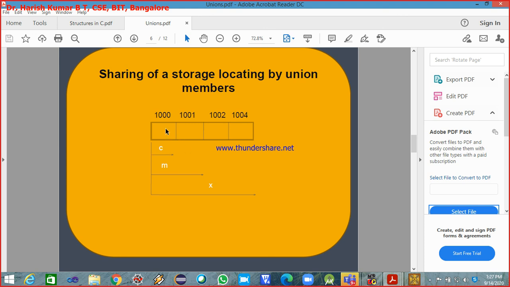Now if I have stored a character here, say at this particular memory location 1000, I have written A, uppercase or lowercase, whatever it is, and immediately after that I want to store an integer value 10. Now it will consume both of these. That means the character which was written to this memory location is overwritten by the integer.